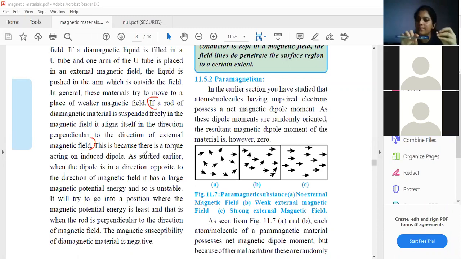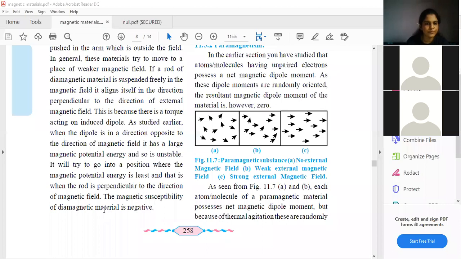So it is very obvious that it will go in the opposite direction, right? Because that is what diamagnetic materials do. They oppose the external magnetic field. So if here I have south, here I have north on this end, and here I have south. If I freely suspend the diamagnetic rod, a rod made up of diamagnetic material, it becomes perpendicular. First it is suspended like this, so a torque will act on it because it is repelling. I hope you all understood this point. This is one important point.